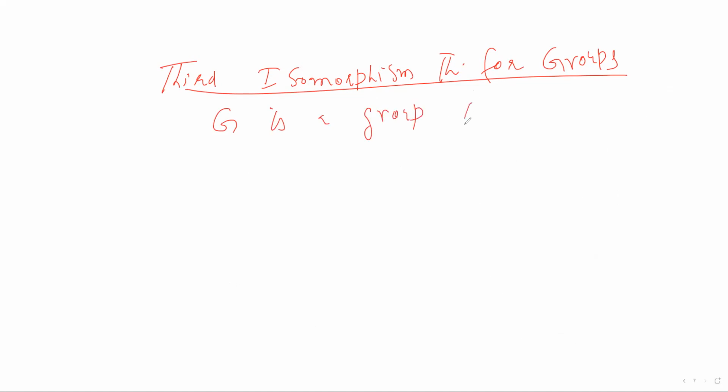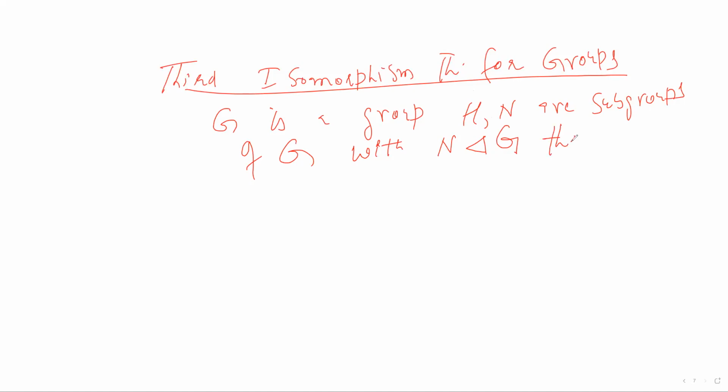H and N are subgroups of G, with N normal in G. Then the theorem says that HN is normal in G, HN is normal in G, N is normal in HN,